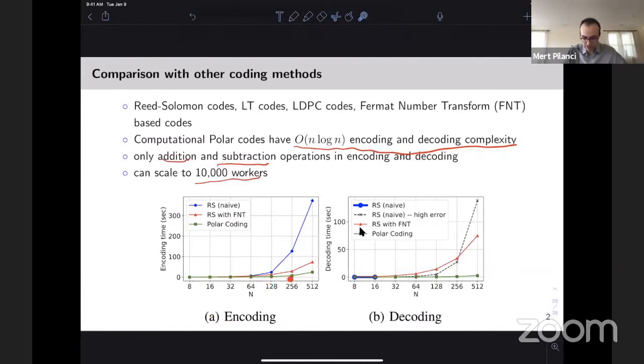Green curve is the polar code encoding. And then if you encode Reed-Solomon codes naively, you will get the blue curve, which is cubic in dimension. You can make that faster with the Fermat number transform, but it's still slow compared to the polar codes. And then in decoding time, there's even a larger gap because the decoding operation in Reed-Solomon codes is very slow, and it doesn't get better with the fast